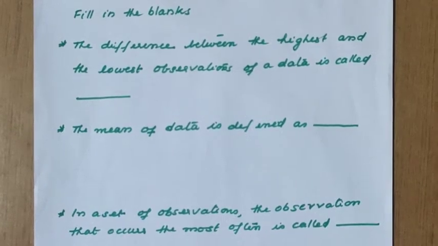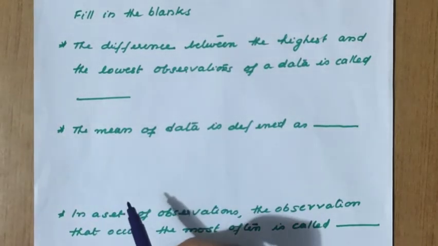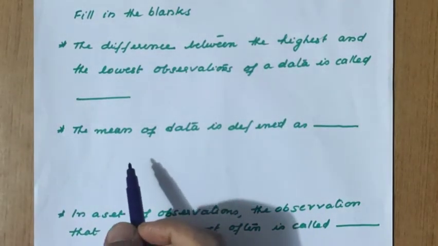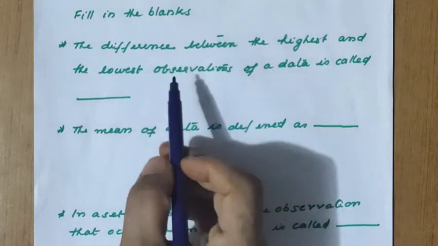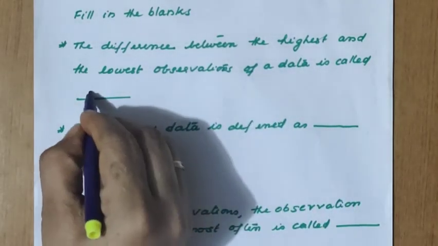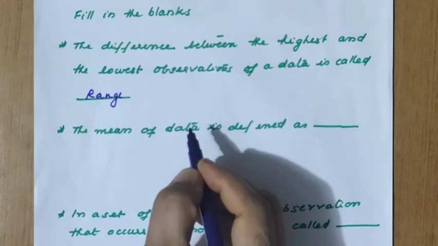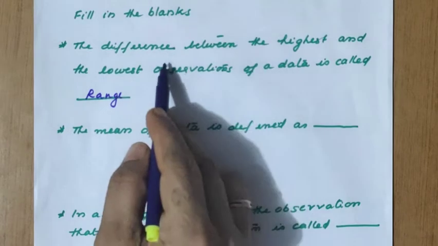Good morning, children. Again, we are continuing the revision of chapter 3, data handling. Filling the blanks. The difference between the highest and the lowest observation of the data is called. That is based on the theory the questions are asked. We have to write the answer in the blank space. The difference between the highest and the lowest observation of the data is called a range. As you know, the range formula is the difference between the highest observation and the lowest observation, that only